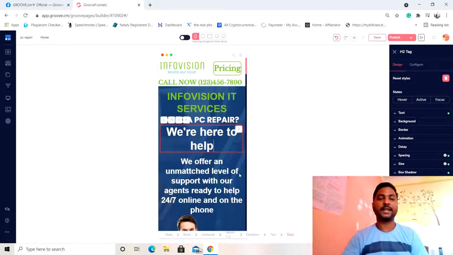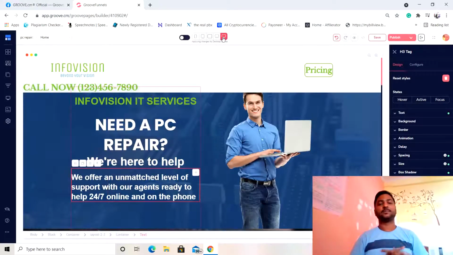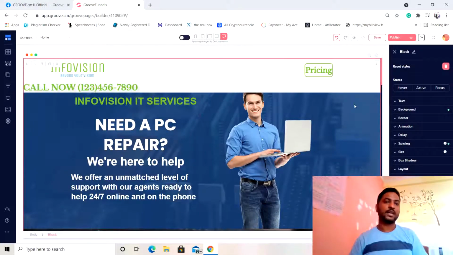From here, now let's go ahead and see what is actually happening with the laptop or desktop devices. I'm just going to select the desktop devices again, and here you can see what changes we have got: the call now option has gone down, and I believe that Shreya is also facing the same problem.